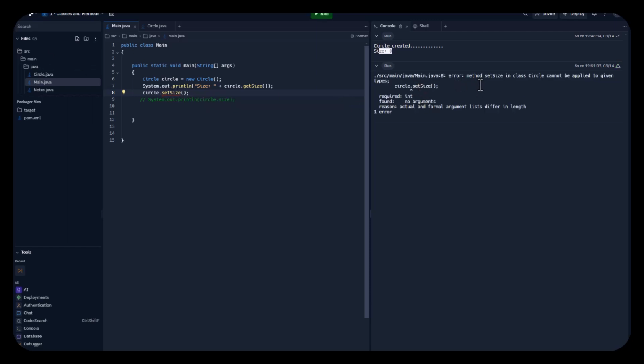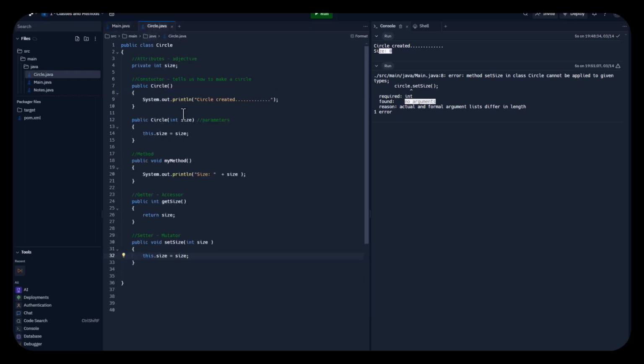And notice we get an error: method set size cannot be applied to given types. It says there are no arguments. So on this side, this is called an argument. We have to put something inside of it to pass it to the method. So I'll just put 25. 25 is an int. So we're going to pass this 25, and if we come back to set size, it expects an int. Then we're going to assign the value of that int to this